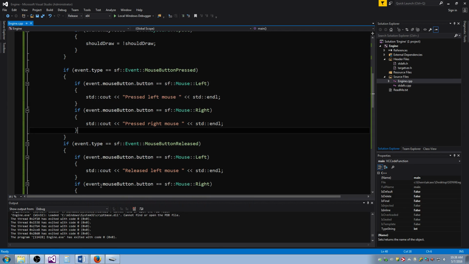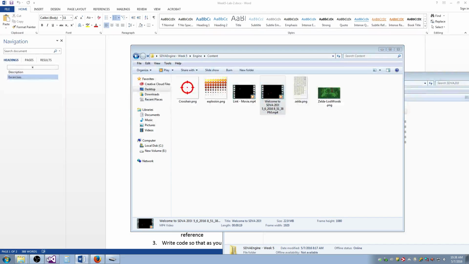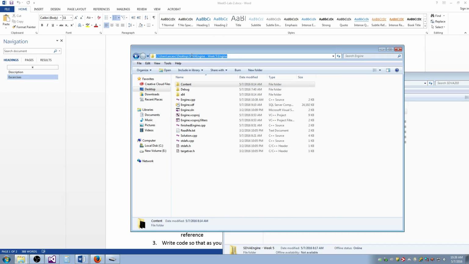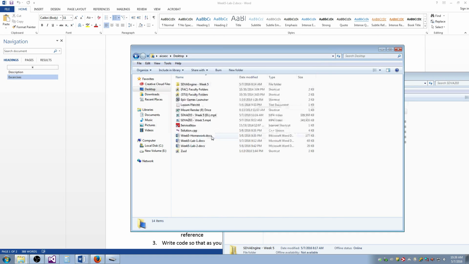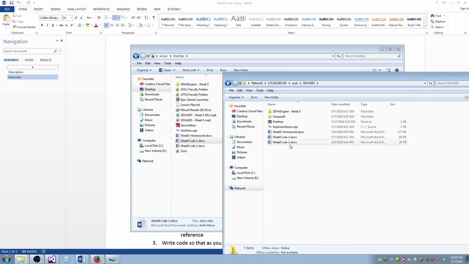Okay? So lab number 2, this is very similar to the concept of the keyboard. Just think about substituting a mouse instead. So let me put this up on Zoom. You guys can all grab it. It's already up there, so lab number 2 and the homework are up there. So go ahead and start on that, and then